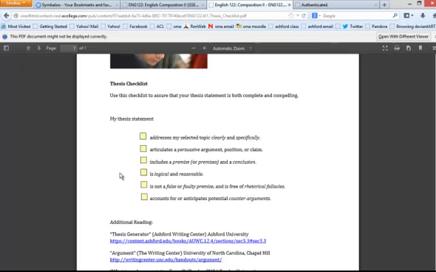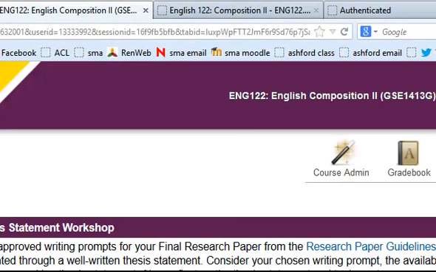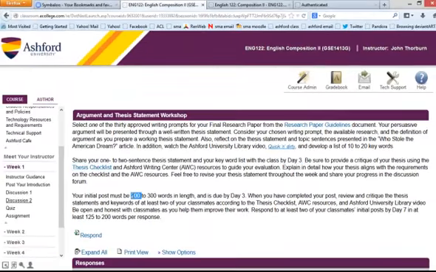Your thesis statement has got to anticipate potential counter-argument. As with all of the discussion board posts, the initial post has to be at least 200 words, and your responses to your classmates have to be at least 125 words. Please make sure to respond to your classmates by name when you respond to them.